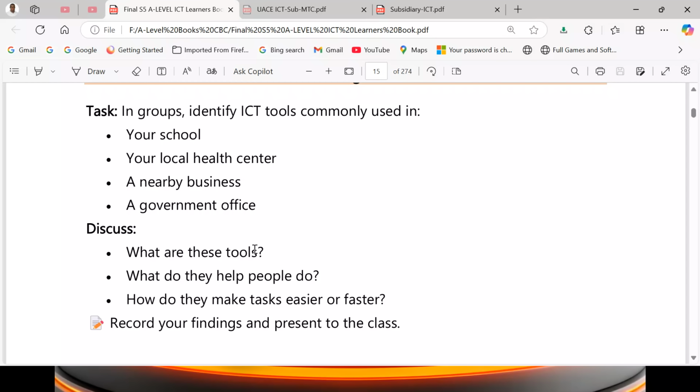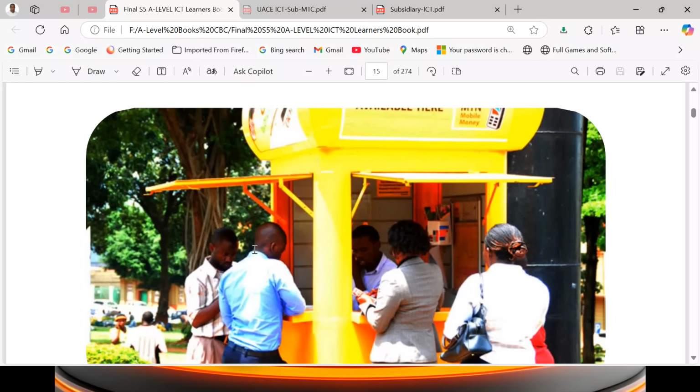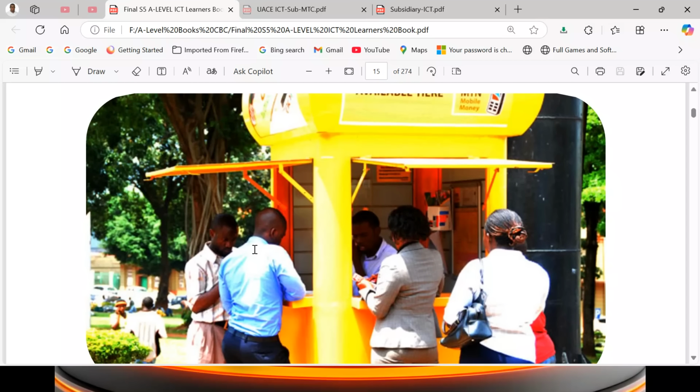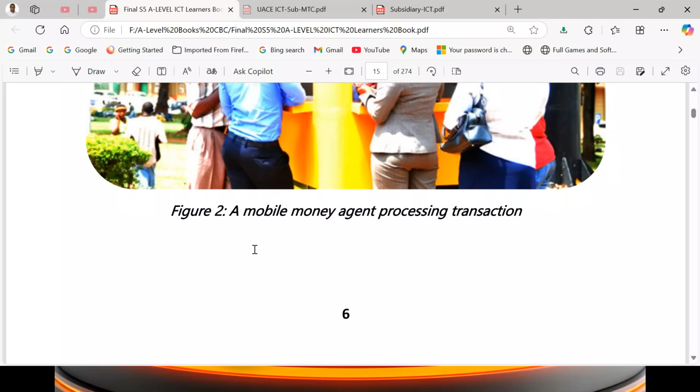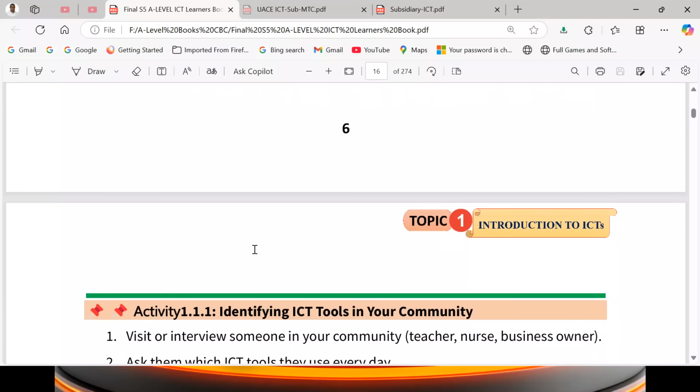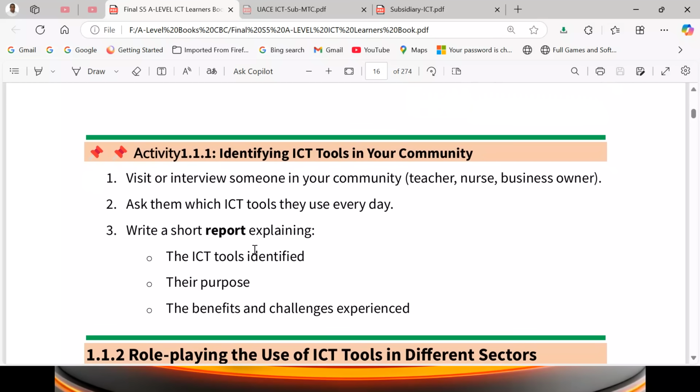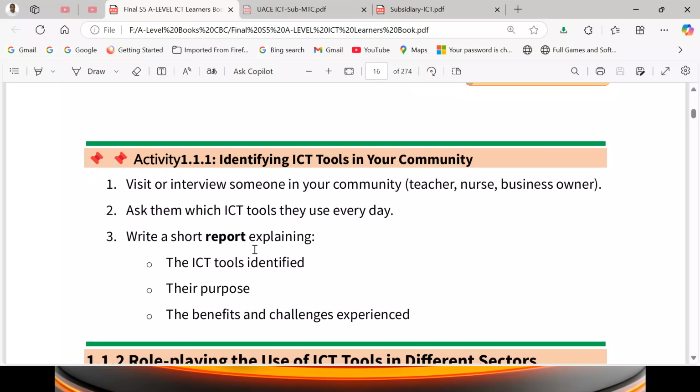Then from there, we are going to look at this image provided. We are seeing a mobile money agent attending to some clients. That means that we are seeing ICT tools being used: a mobile money agent processing transactions. Then we have another activity,